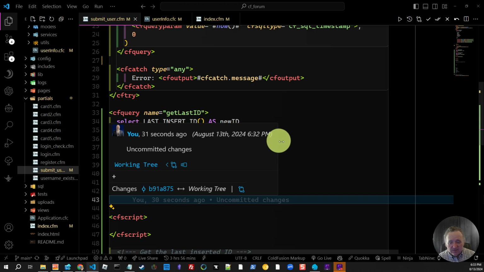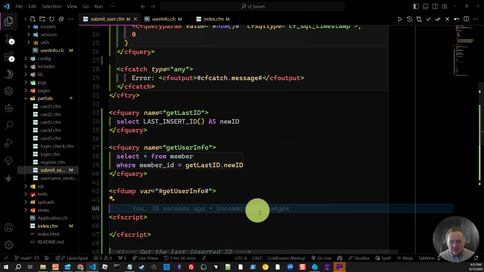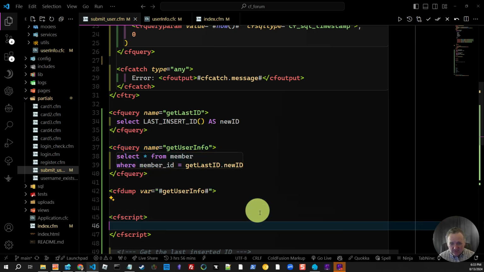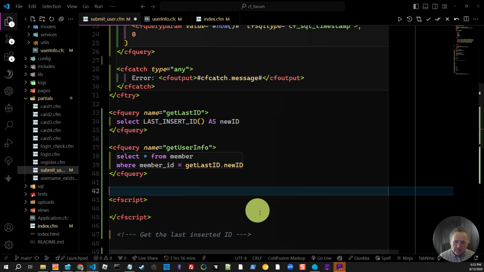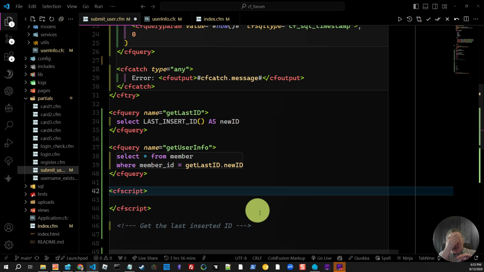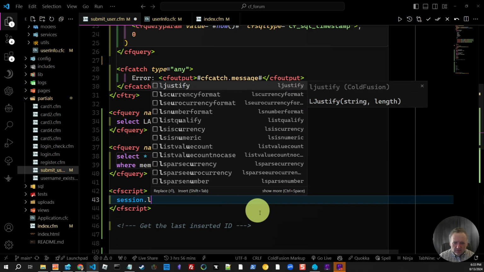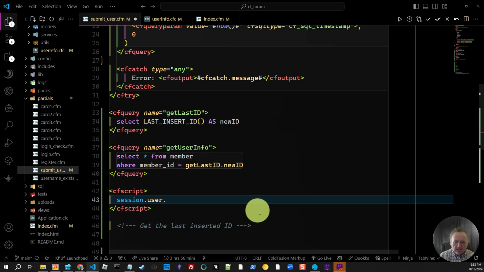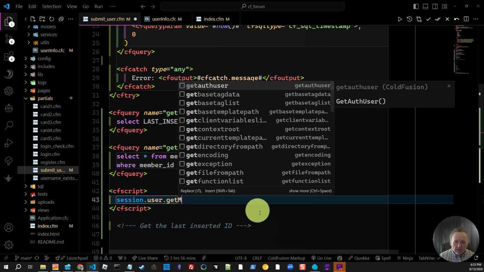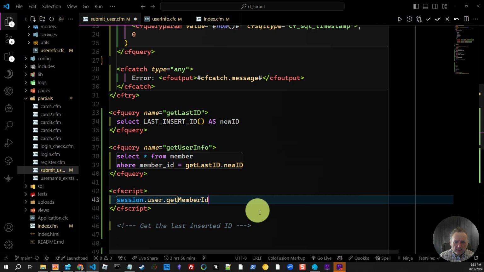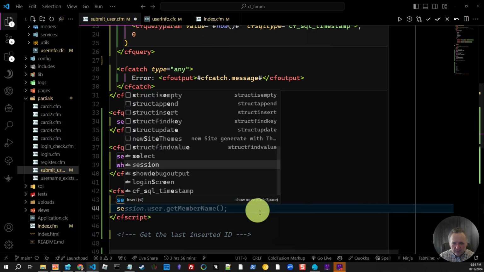Okay, let's do this. We need to set the session variable. So I was thinking I could dump it because we're in, it came back and it didn't display on our page. So that's okay. So what we're going to do is we're going to say session.user. Okay, so we want to do get member ID. And we want to do session,